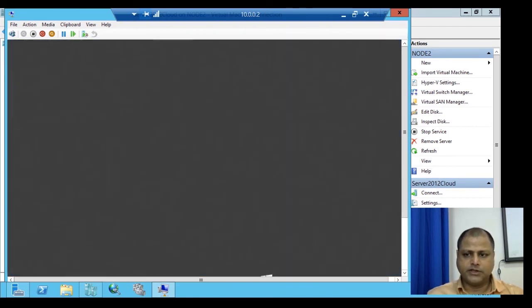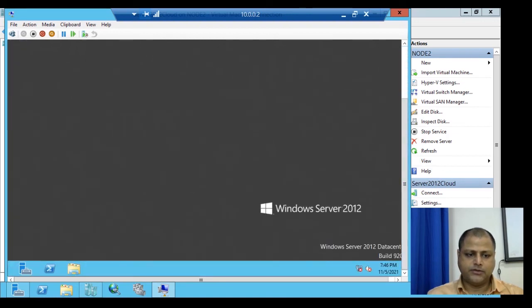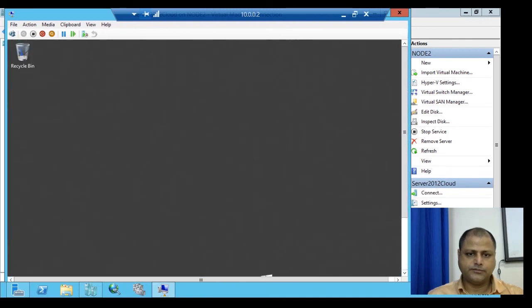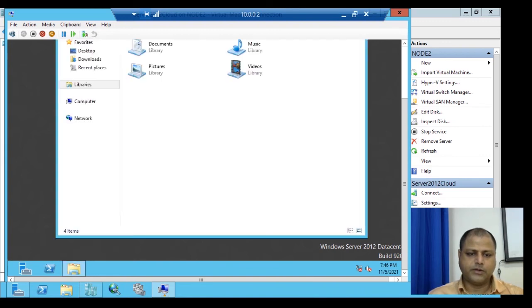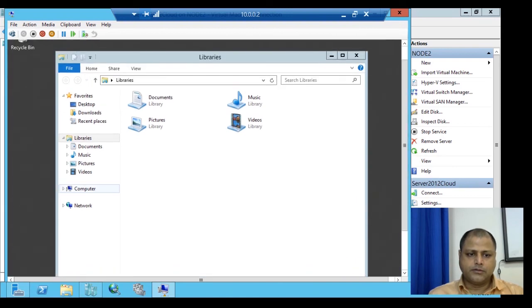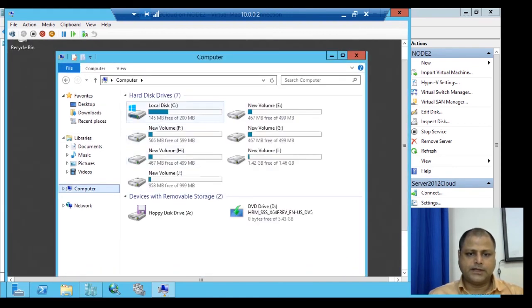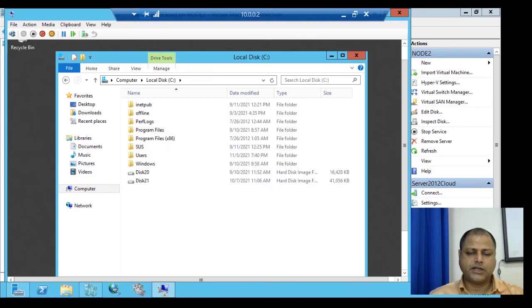You can see that user A3 has logged in, and the system is getting ready with the dashboard. Now when the user comes to the system drive, we go to the computer and we can see that the quota has been set on the system drive: the limit is 200 MB and the warning is 100 MB. If it exceeds the quota limit after 200 MB, it will not let anything be put over here. So the limitation is enforced here.